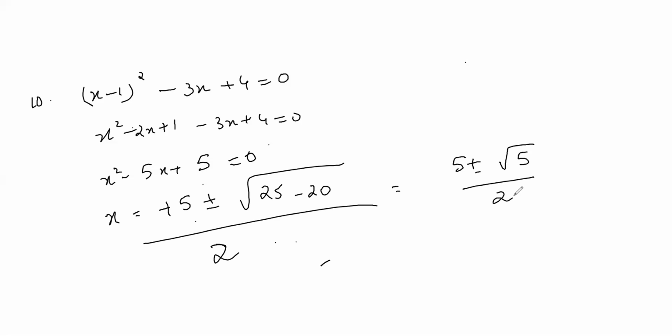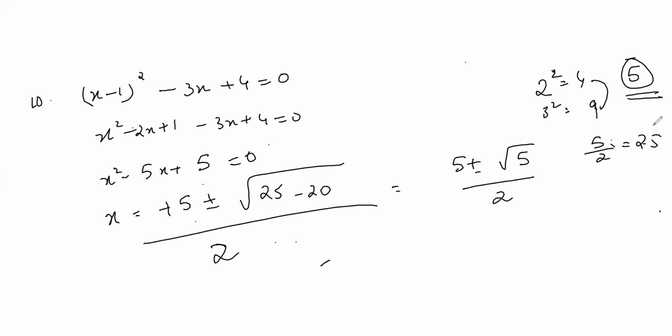So we know 2 square value is what? 4, and 3 square value is 9. What is the answer I'm getting? Root of 5. So it should come between what? 4 and 9, correct? In between 4 and 9, what is the gap? 5. So if I divide by 2, I'll get 2.5. So again, it will come the middle value. So it will come around 7 or something. So if I want the root 5, it should be immediate next to this. So it will be something like 2.2.